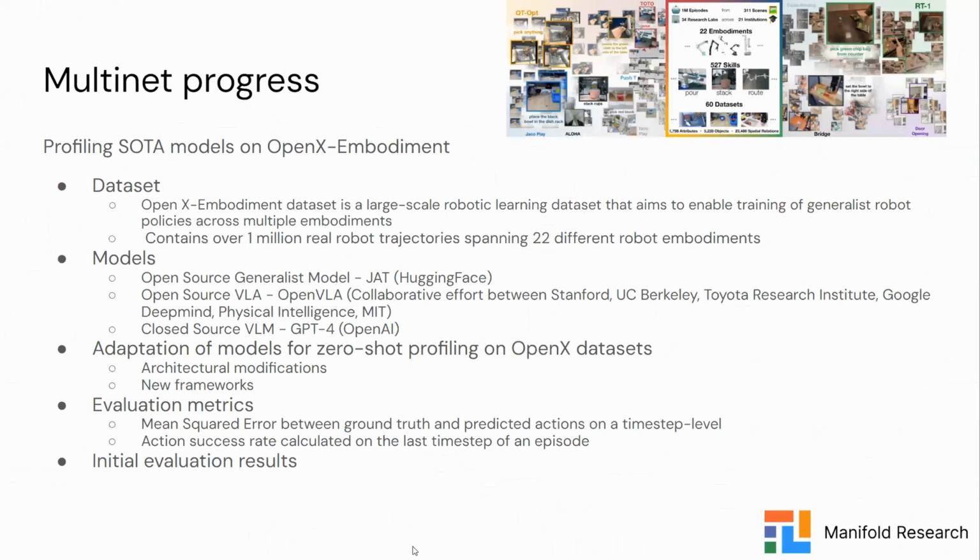Yeah, so apart from consolidating the data, translating it, and open sourcing the code for all of that, we've made a bunch of progress on Multinet on the profiling front as well. So the first dataset in Multinet V0 that we picked to evaluate the performance of the current state-of-the-art models is this dataset collection called OpenX Embodiment. OpenX was an effort led by DeepMind and was a collaborative effort across a bunch of different universities and organizations, and basically has tons of real life robot trajectories.